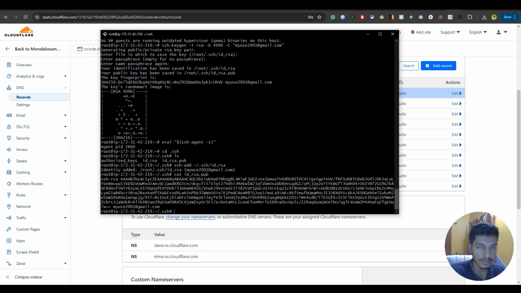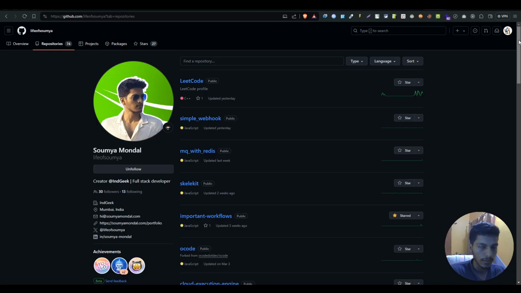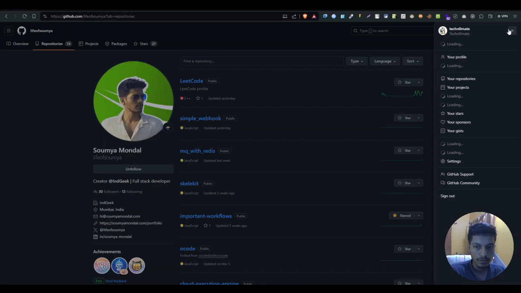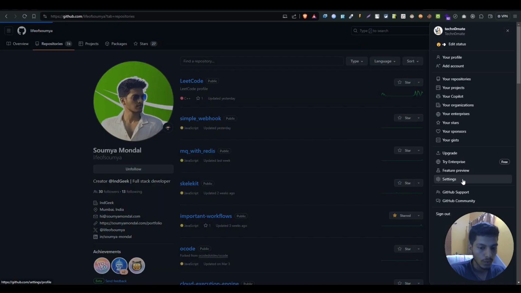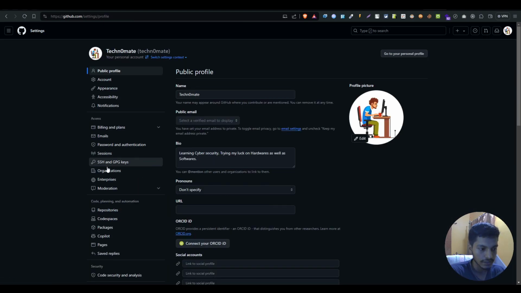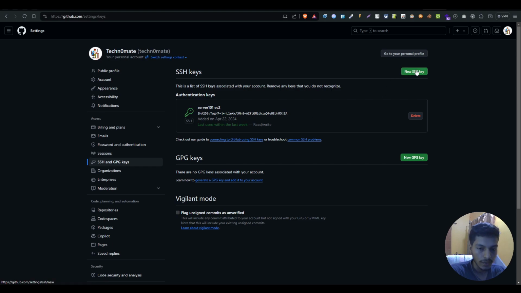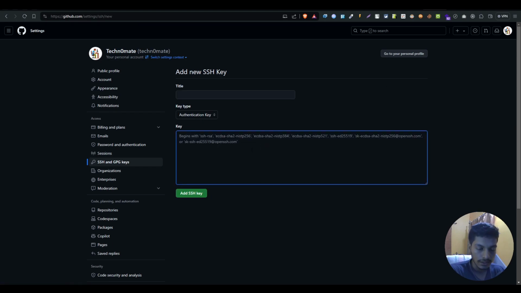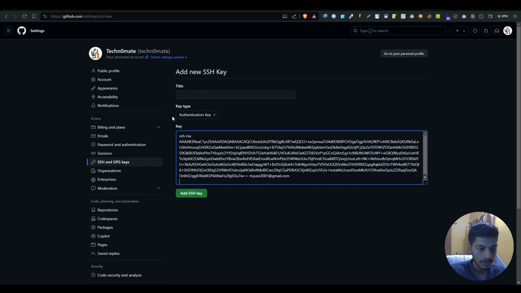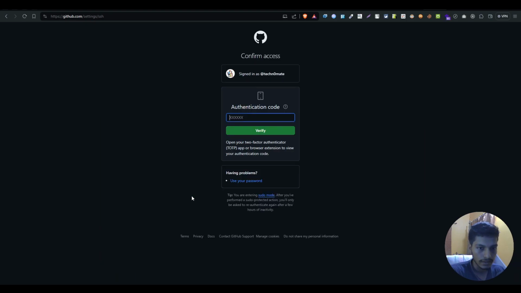Now we have copied the SSH key. Now I have a spare GitHub account, my secondary GitHub account. So I simply come there, and we have to go to /settings/keys, but you can also go to your profile settings and SSH and GPG keys. Now you have to add an SSH key, the key we just copied and generated, and once pasted, you have to name this as well. I would simply do tutorial server